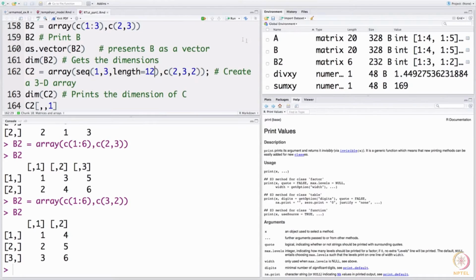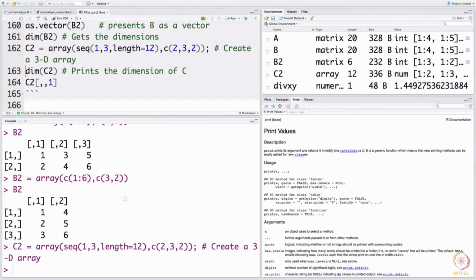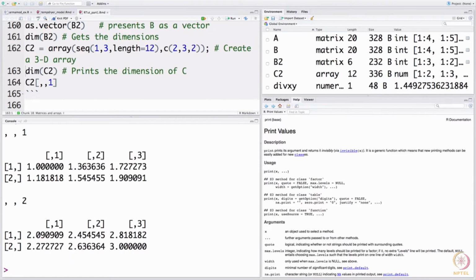So, what this command would output is a 3-dimensional array, and if you ask for C2, remember what you have is a 3-dimensional array, which means you have a third dimension, that the first slice is being reported here, comma 1. So, that is the first slice, and then you have the second slice which is sitting behind it. And likewise, if you had more dimensions, but because we have said there are only 2, you can say slices in the third dimension, it has generated likewise. So, an array is a very powerful way of working or generating matrices.